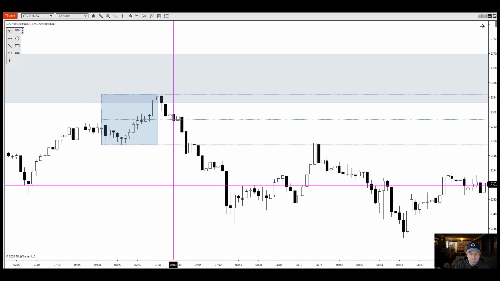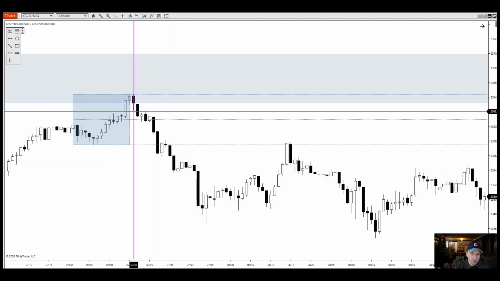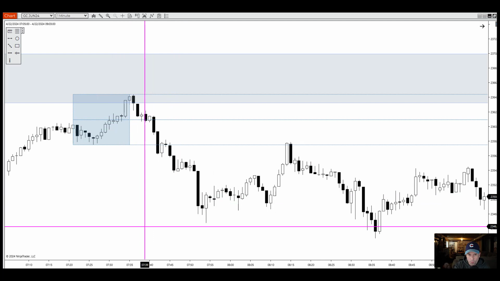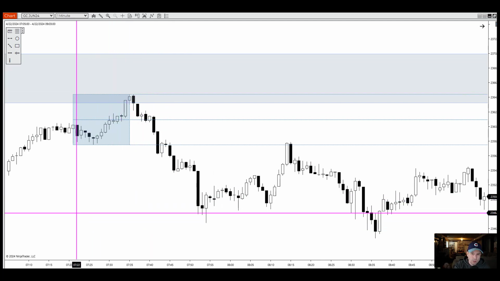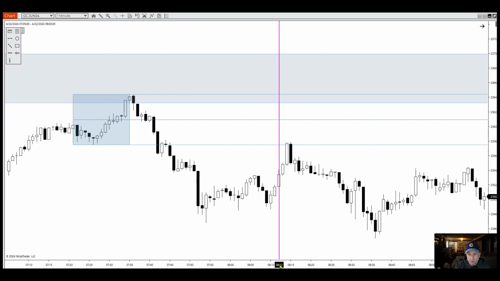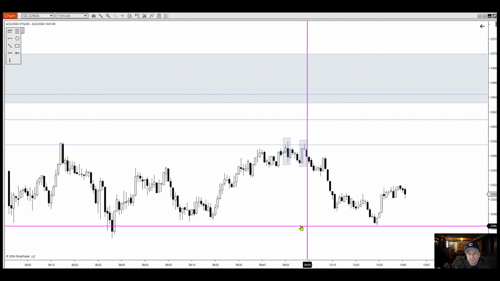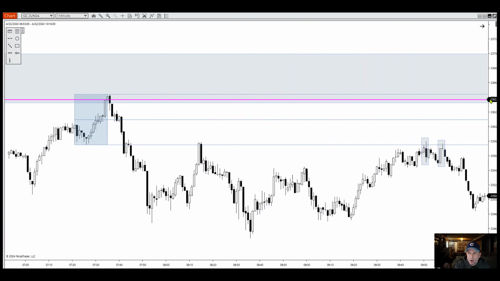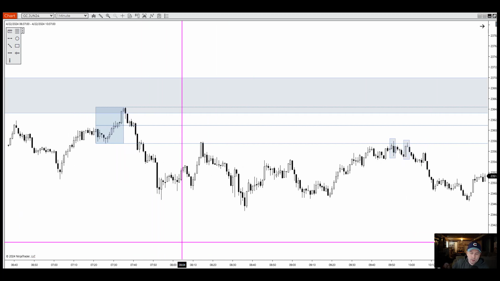Oftentimes, the 15-minute chart in these situations is unclear, and if it's unclear, then I take whatever the 1-minute chart shows me. But in this case, there was very clear evidence that the 15-minute chart provided, showing this wanted to come down, at least in the near term, and I should have paid attention to that. So that is my open range break trade in gold. Again, it works in oil basically the same way,